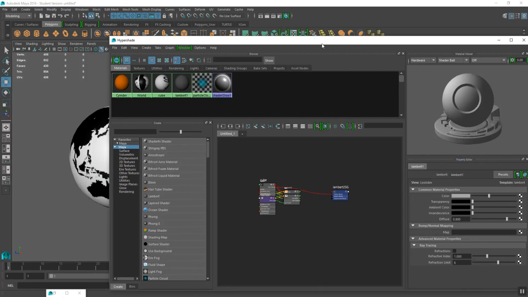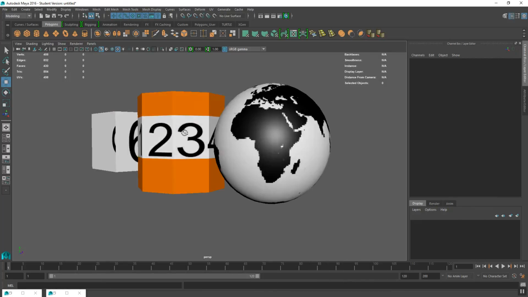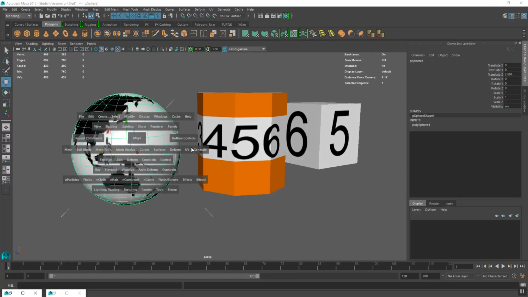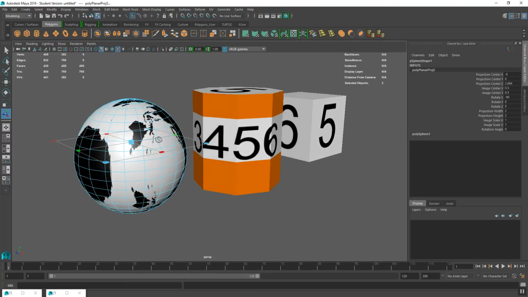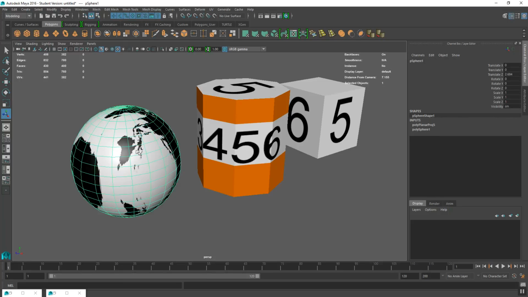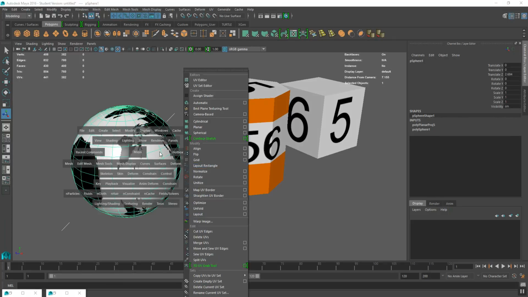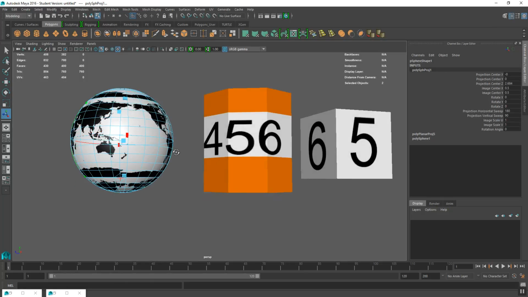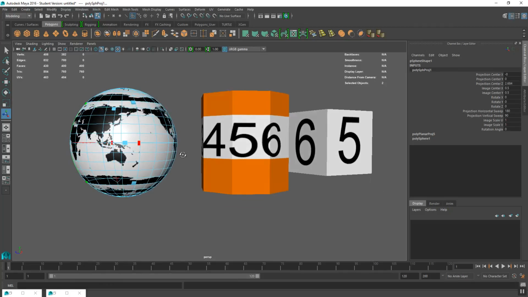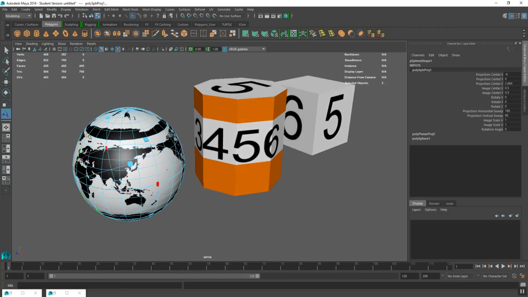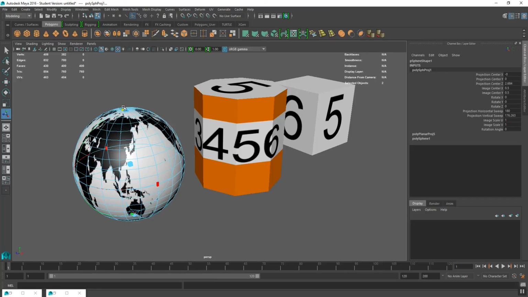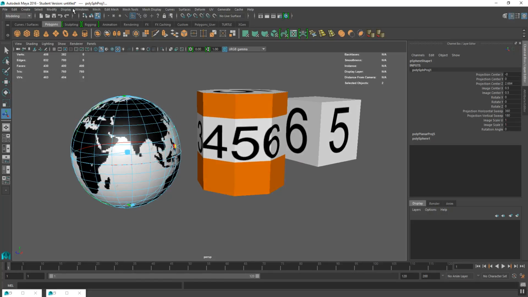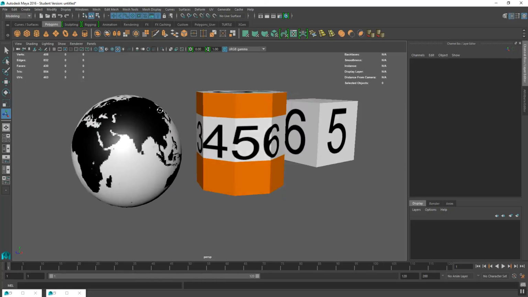Now by default, spheres have a cylindrical UV map anyway, but let's just make a mess of this to show how it works. I'm just going to create a planar map just to mess it up a bit. And now if I go to UV, or I can choose UV here as well, and I go to spherical texture, I'll see the spherical texture has been applied, but you'll notice that it's doubling up, and that's because I need to grab these widgets here and make it cover the entire object. So I'm going to grab this and pull it round, and there my texture is applied and stretched across the